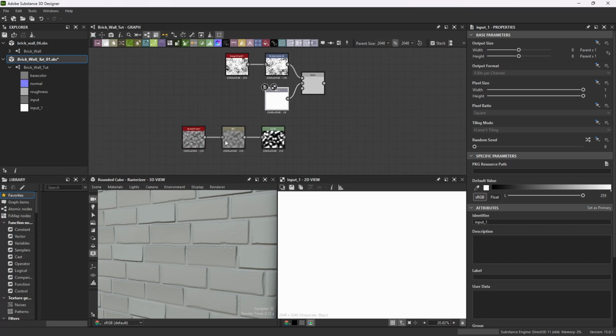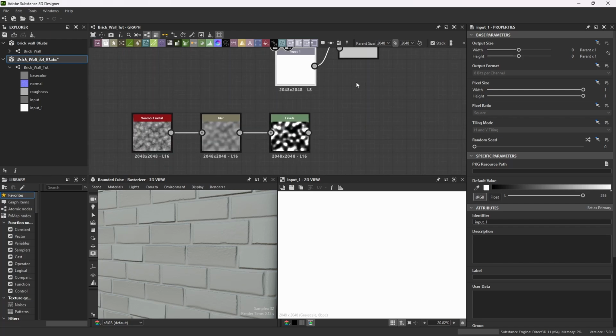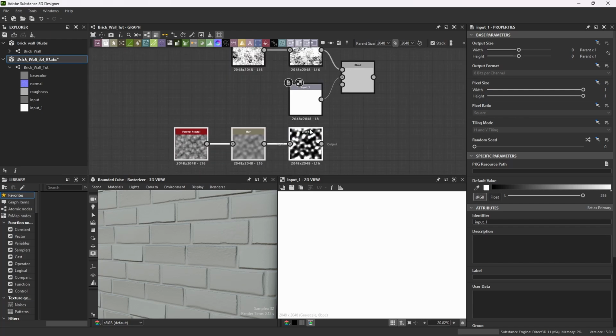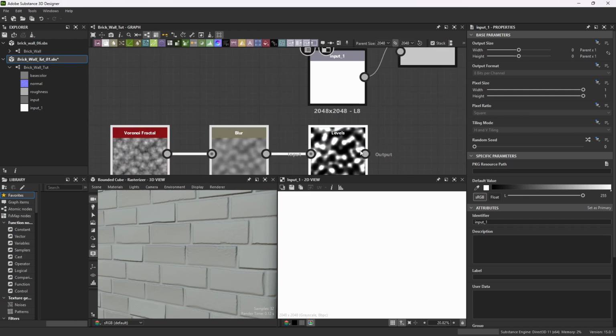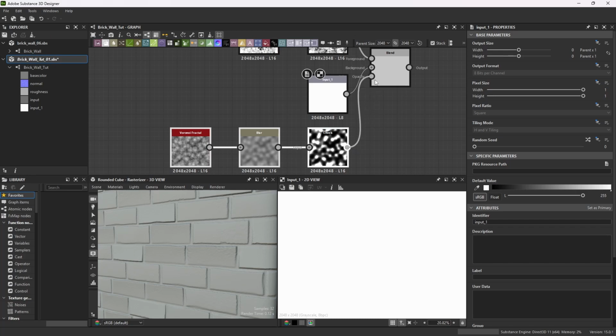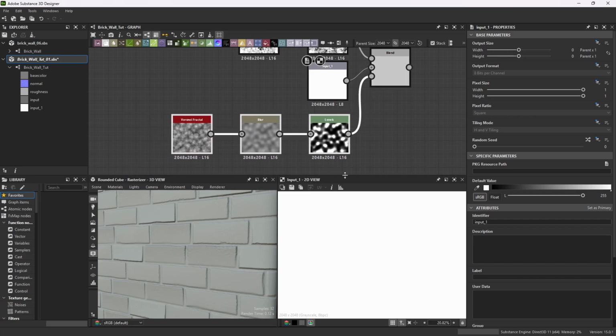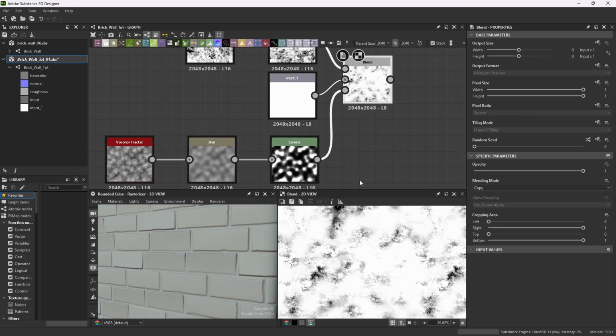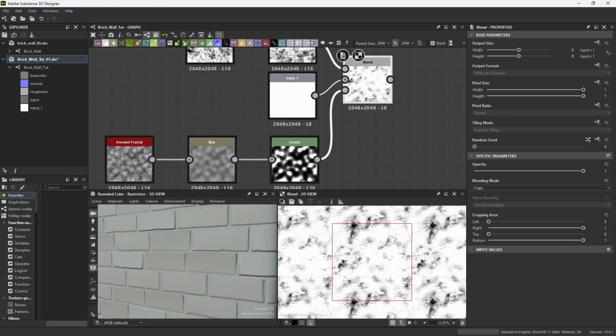So now we're going to use our Voronoi here and the stuff that we copied, and we're going to connect it into our blend. We need to zoom in a little bit better so you guys can see. So here's the three here. We're going to connect into that blend. Maybe move this down a touch. Okay. So here's the result of our blend,